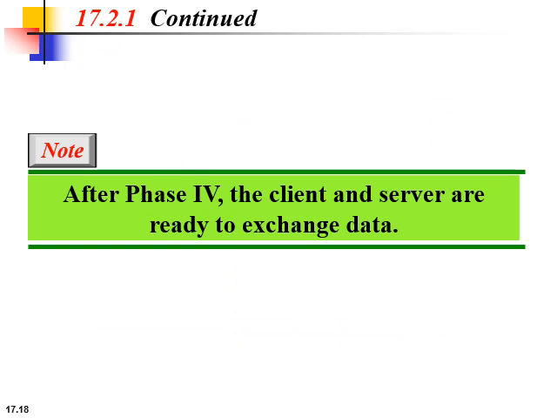So after phase 4, the client and the server are ready to exchange data. Basically, we have established the connection between the client and the server. Now the connection is established and both the client and the server are authenticated. These are authorized clients and servers. So now data communication can begin, and further protocols can be used so that message integrity, confidentiality, and authentication are maintained.